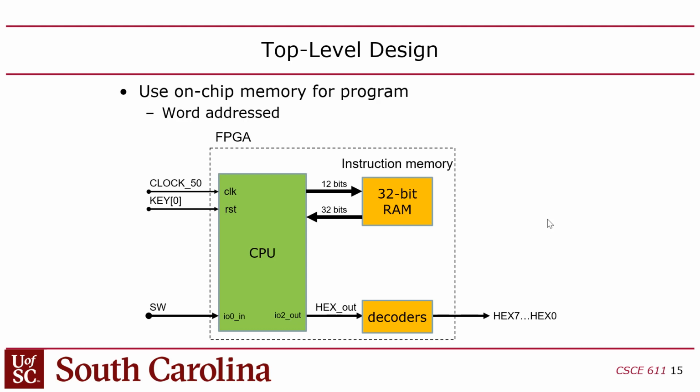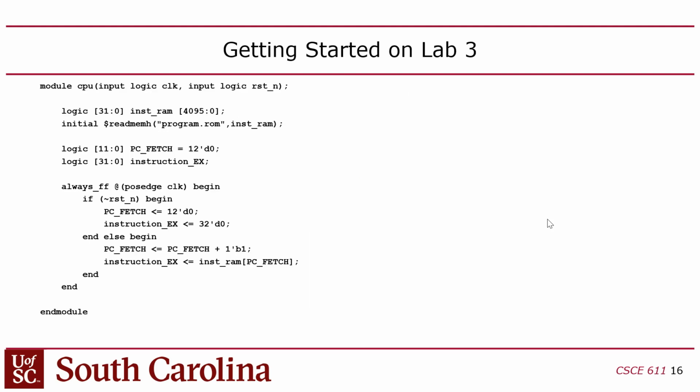In other words, the instructions are stored on chip. You're not going to go off chip for your instructions, which is what real computers do, right? They go out to DRAM, off chip RAM. We're going to store the instructions in on-chip RAM. And it's actually going to be a ROM, because you're going to initialize the instruction memory using an init file. And that's going to get burned into the ROM when you program the FPGA. And then when your CPU starts fetching the instructions, it's going to have the instructions in there. Make sense? Okay. All right, so here is the beginning of the CPU.